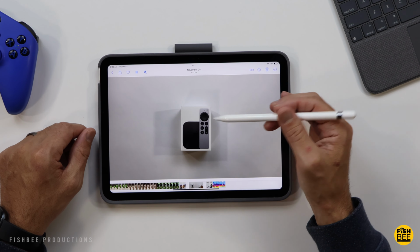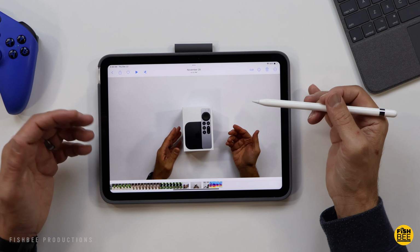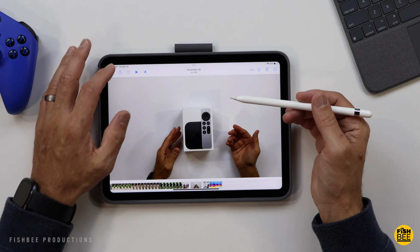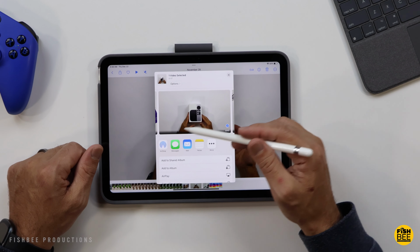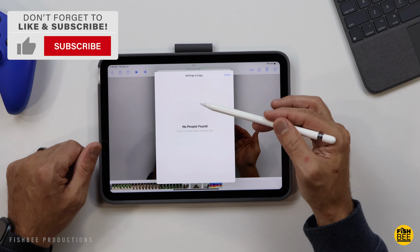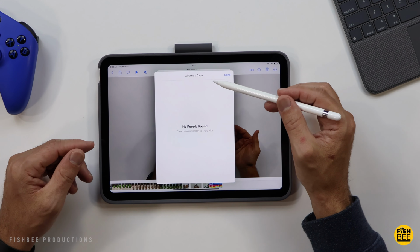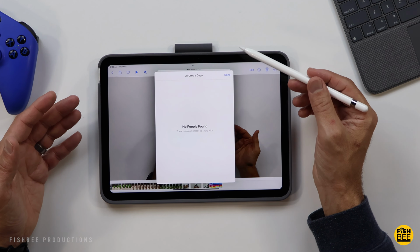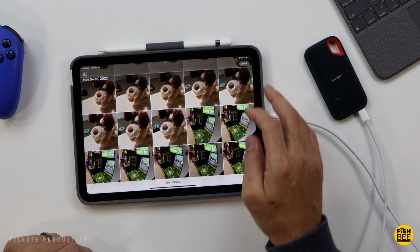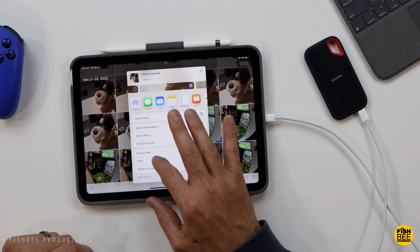Now, nice thing about having an iPad is if you have a Mac computer, you can easily just AirDrop files from your iPad over to your Mac just by tapping on the share button up in the corner and then choosing your Apple device or Mac computer. This even works if you have really large video files. Now, if nothing shows up, that means you're either not close enough to the Mac or the Mac has gone to sleep, you have to wake it up. But it also saves time from you copying over to an external drive and then copying from the external drive